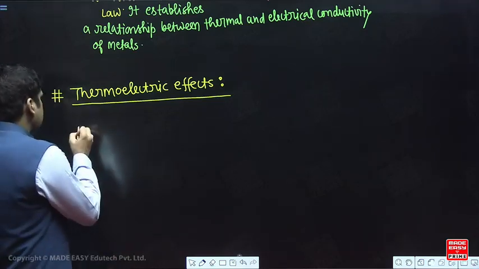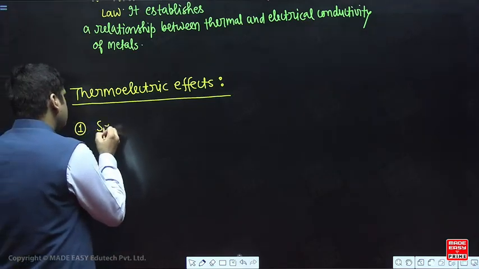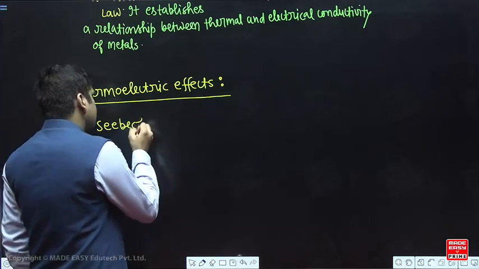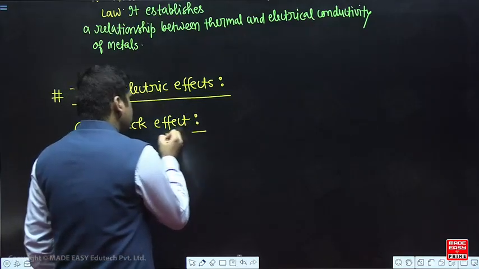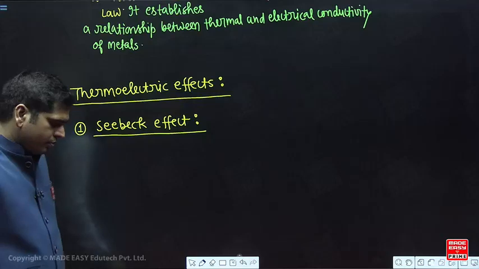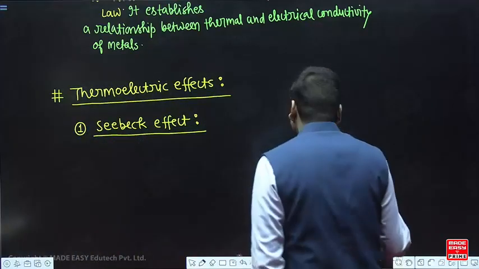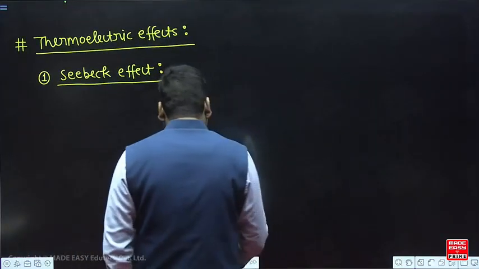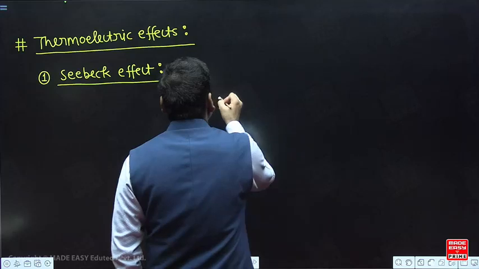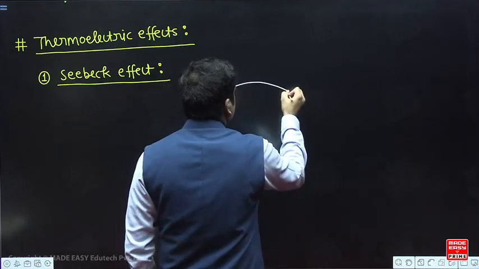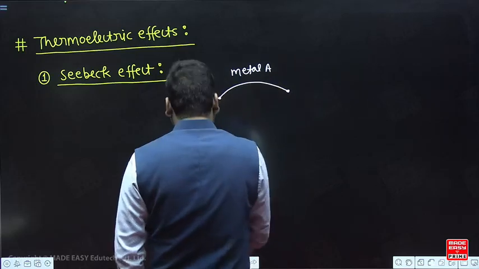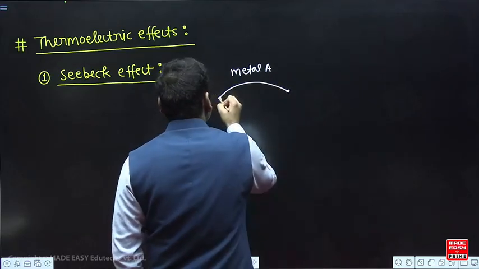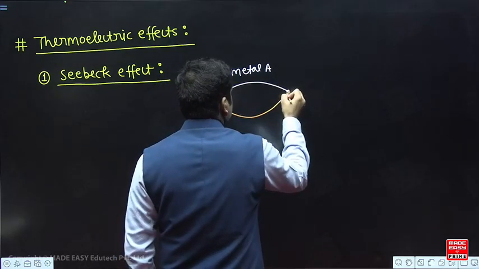The first one is the Seebeck effect. What does it say? Have a look. It is saying that if you take two different metals, suppose this is metal A, and you take another metal, let us suppose this is metal B,